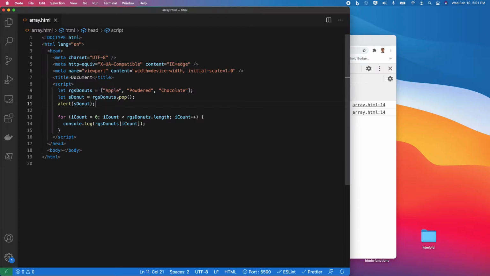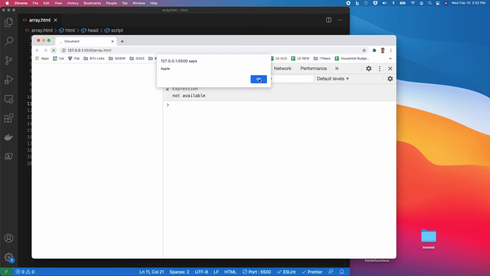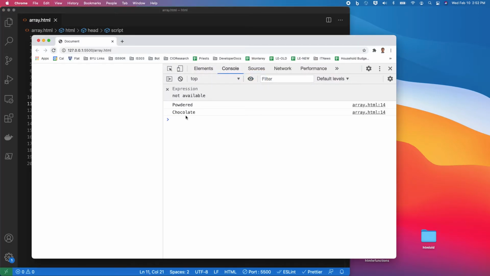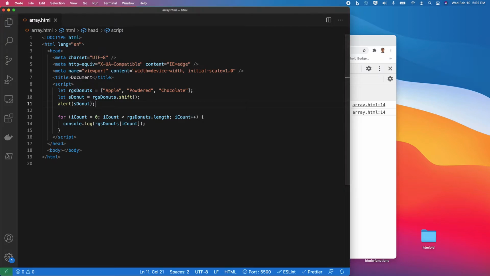Okay, and then instead of pop, there's another one called shift, and that takes something away from the beginning and then basically resizes the array to have what's left over. So if I do that one, we are expecting to see apple show up. Look at that, it says apple, and then the next two items are left in the array. So we have therefore resized it. Okay,